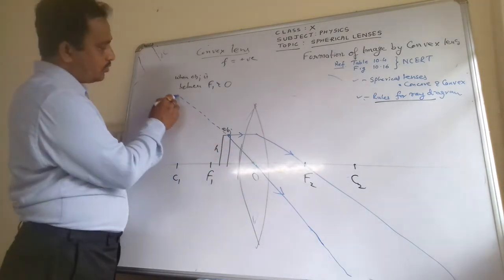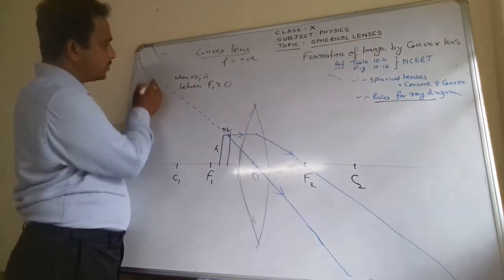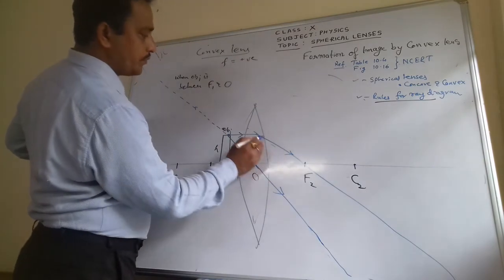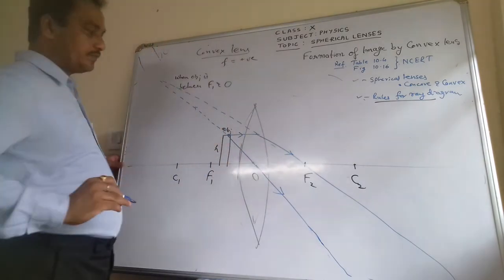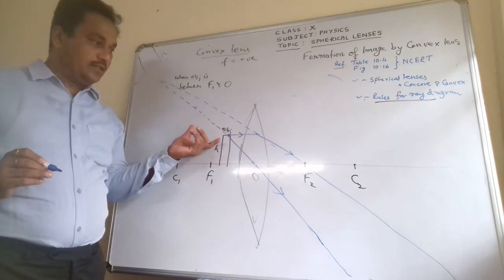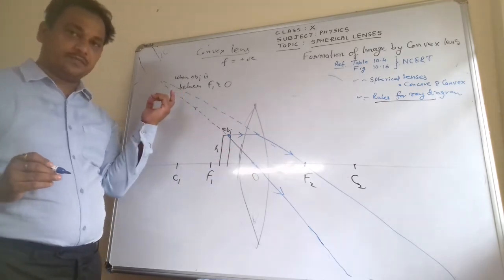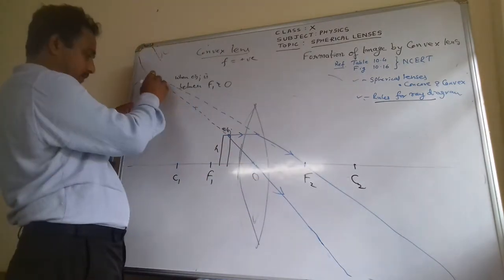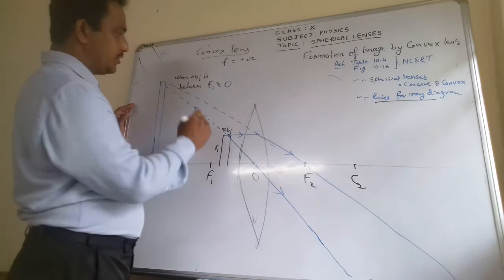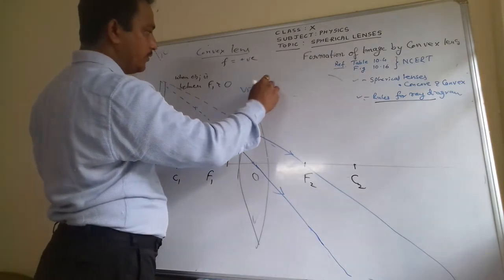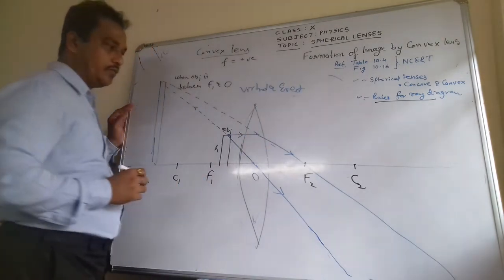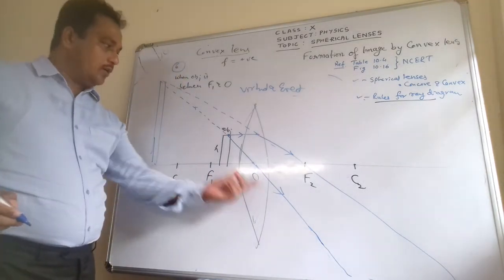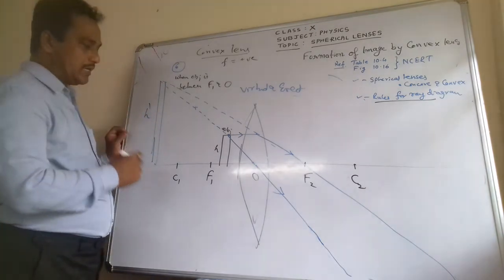The same straight line you will let it proceed, and the other ray also. So here observe that the image is formed on the left hand side, and it is an enlarged image. So this is virtual and erect. A virtual and erect image is formed in the last case, the sixth one, when the object is between focus and optic center. So this is the height of the image, h dash.